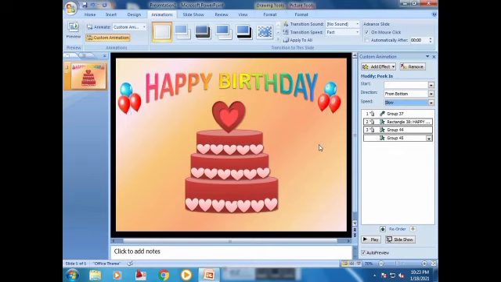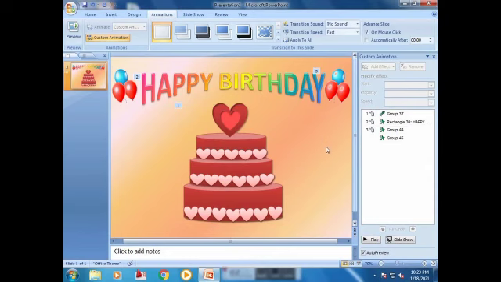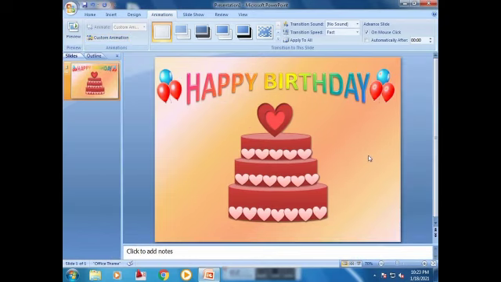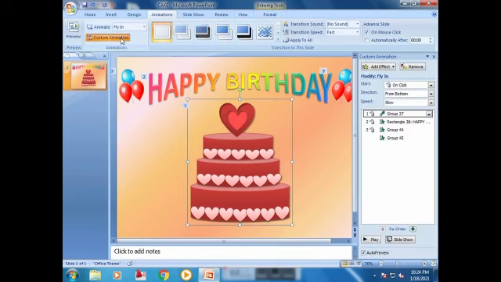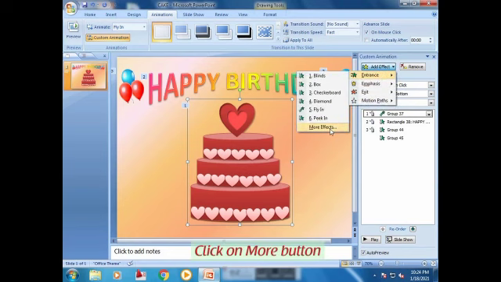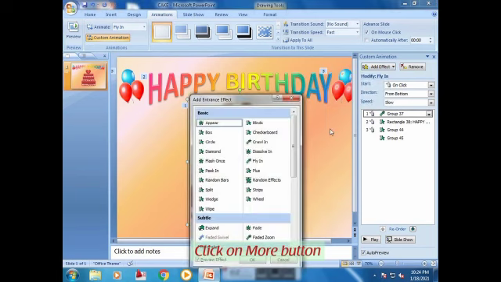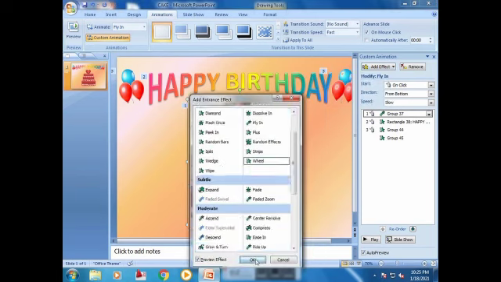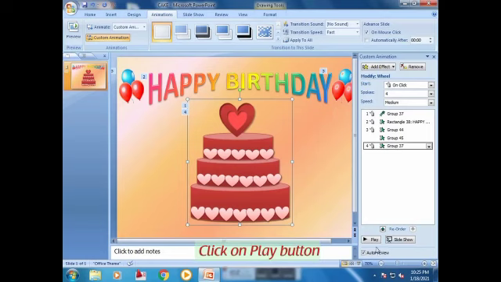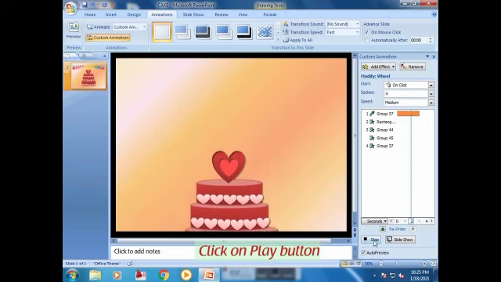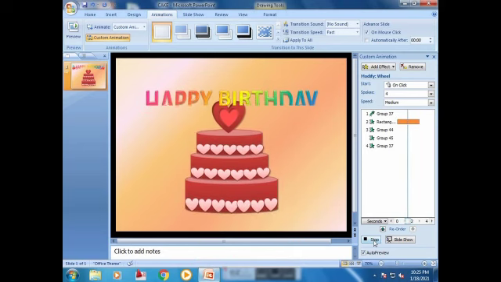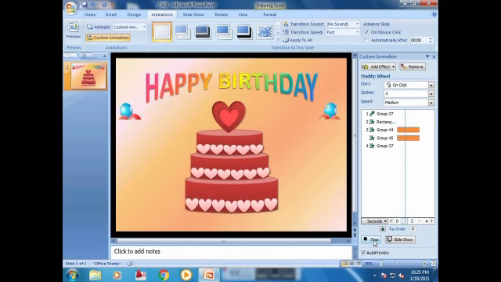Once you complete the animation effect, click on More button to give more effect from your slide. Click on Play button to see the result on a screen.